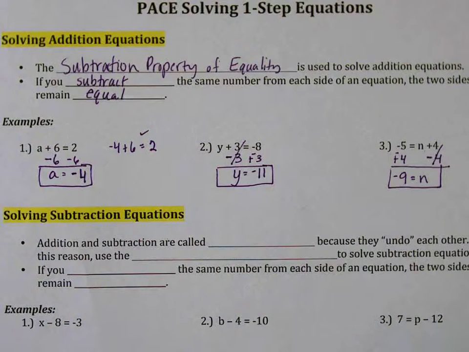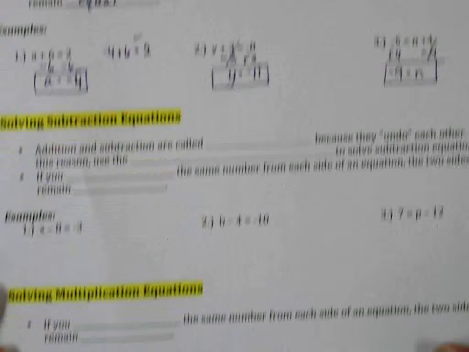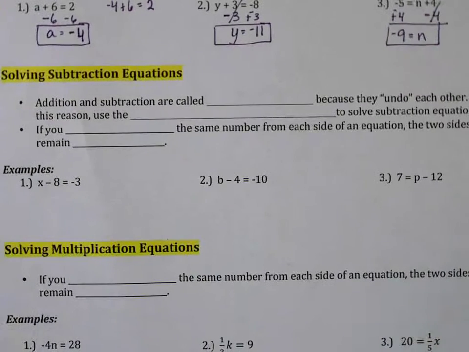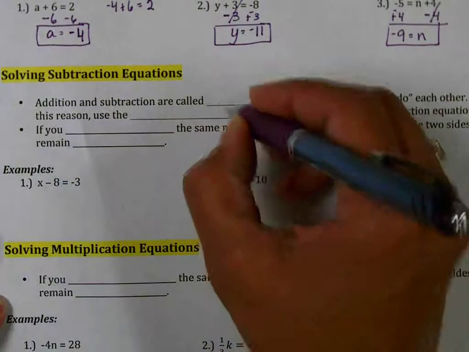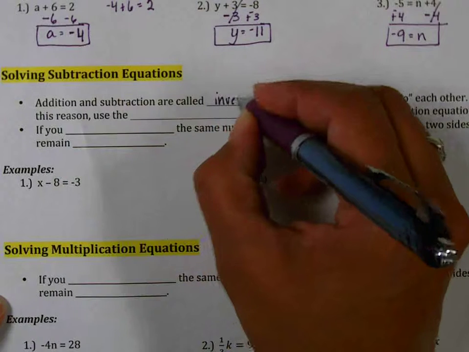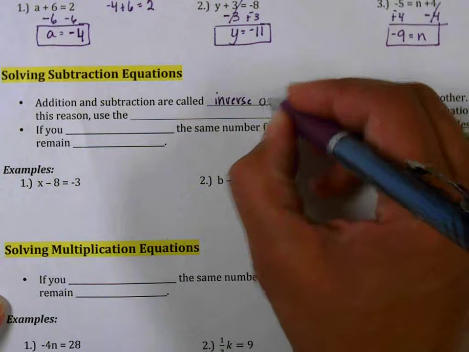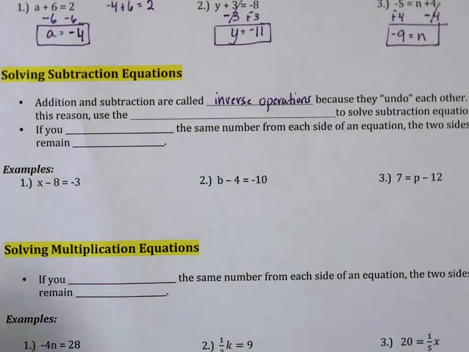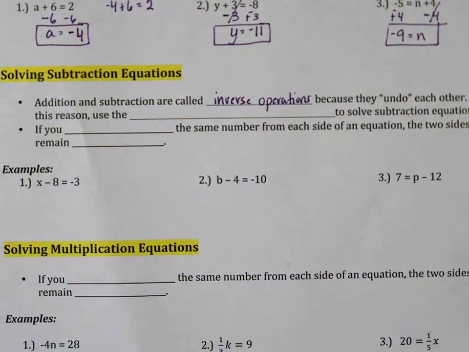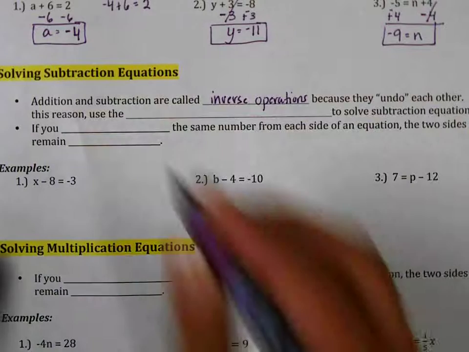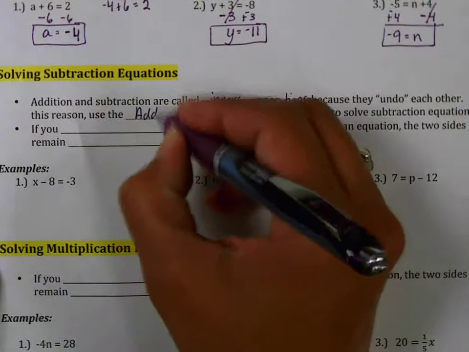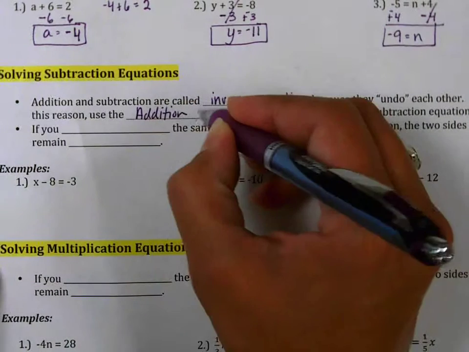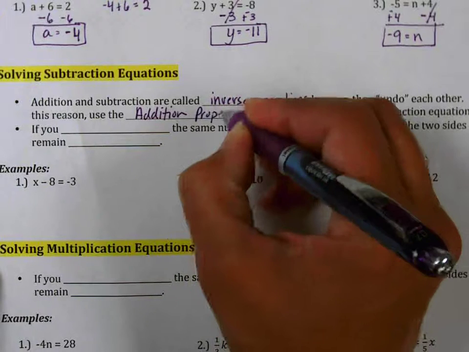Okay, so that is addition equations. Let's look at subtraction equations. Addition and subtraction are called inverse operations because they undo each other. For this reason, use the addition property of equality